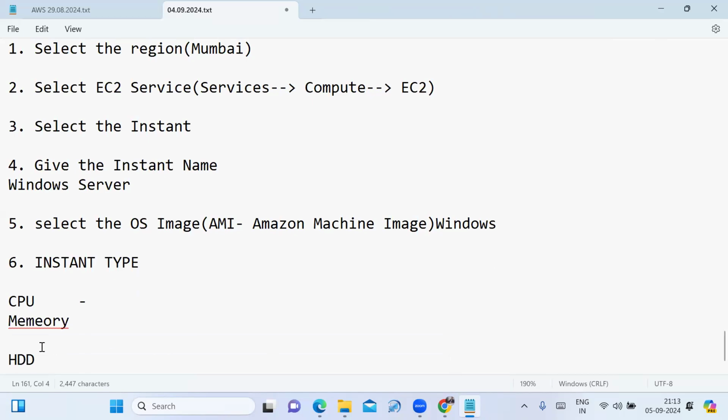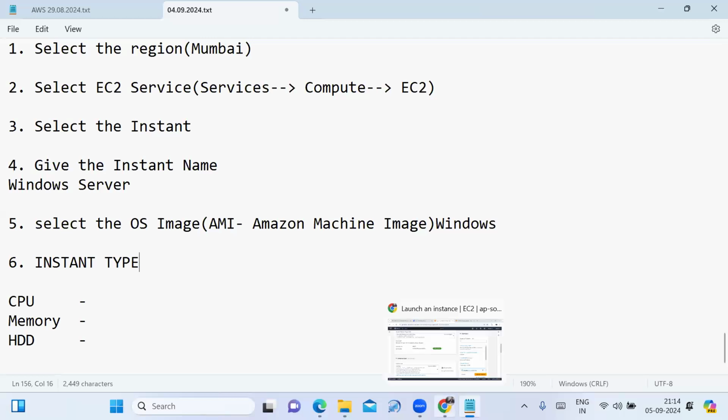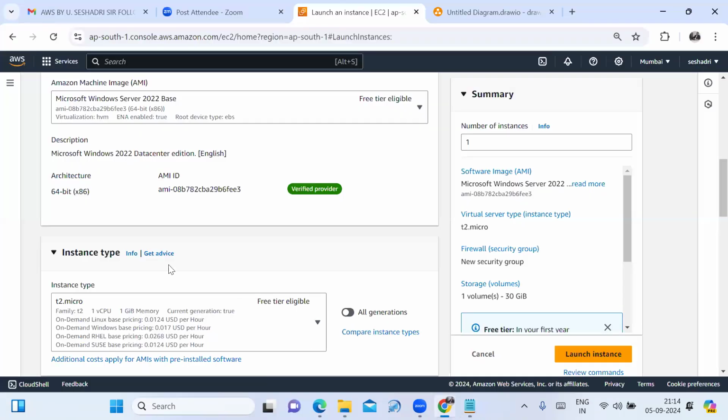These three things are required in any server, maybe the Linux server or the Windows server. The instance type provides the number of CPUs, the memory, and the network performance. That's why you need to select the instance type.